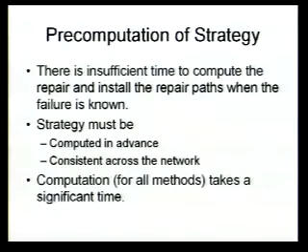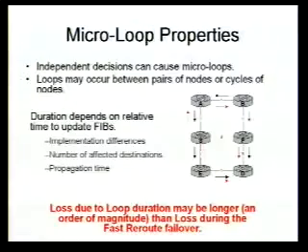So the pre-computation strategy is kind of obvious, right? We need to pre-compute these things in advance. It needs to be pre-computed consistently across the network. But we also know that this pre-computation takes a significant amount of time. We are, in fact, running more SPFs in the background. We know that in today's networks, we're seeing microloops, and I'll describe a couple of scenarios shortly, and that the